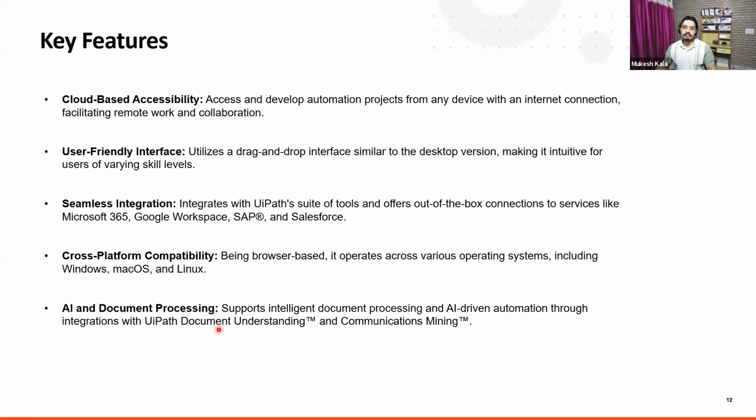If I talk about the features: cloud based, user friendly interface, drag and drop, seamless integration. This is important, right? I'll again answer the same question, how different it is from doing it in code. Today, let's talk about Python. You have to read your Gmail from Python, or maybe from C Sharp, Java, or any programming technology you are using. What do you have to do? You have to create that connection, then authenticate, write code, open up the port, make sure that you are connected. Then let's say you have to read the emails, there also you have to do a lot of stuff.